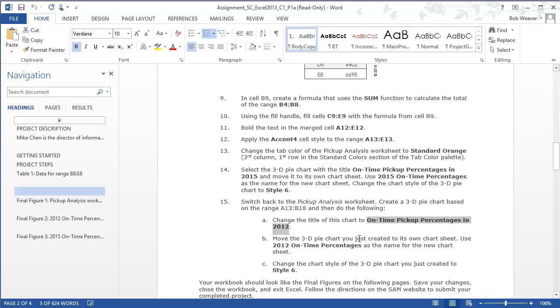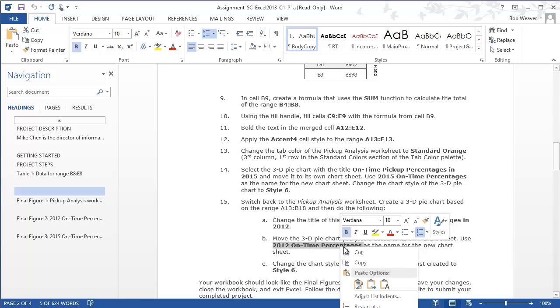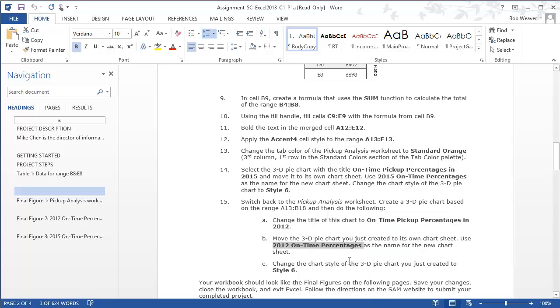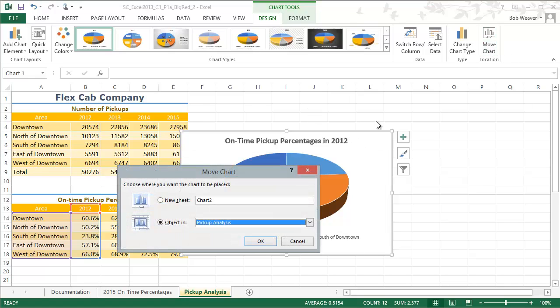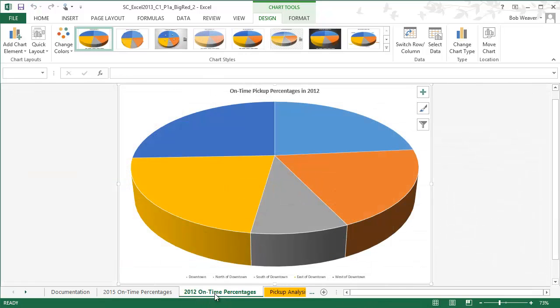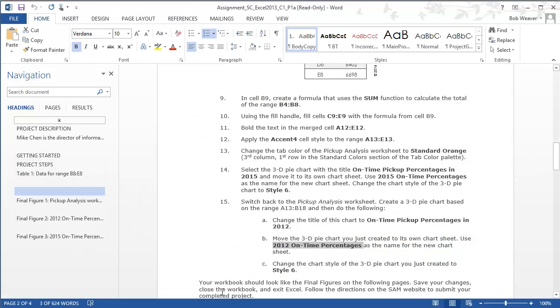Move the 3D pie chart you just created to its own chart sheet. Name it 2012 on-time percentages. So I'm going to move this. Select Chart Tools, Design, Move. New sheet, name this sheet 2012 on-time percentages. So now I have a new tab down here, 2012 on-time percentages, and change the style to